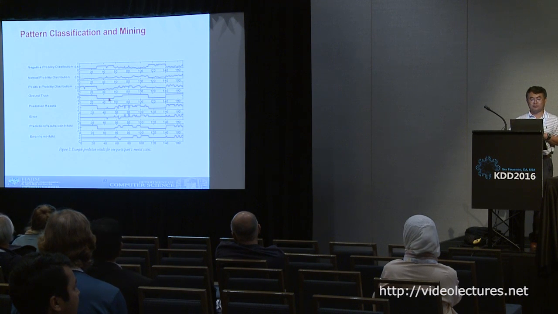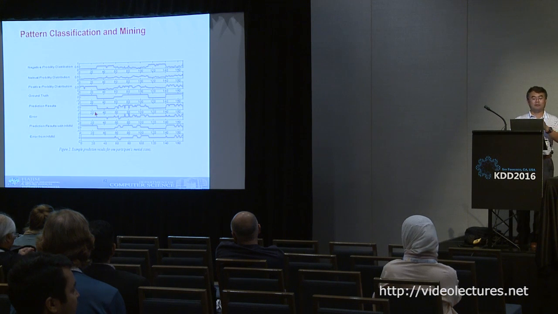So this is ground truth. How do we know ground truth? We actually ask them. We check with them every so often. And then we got all the signals, either from the video or from the social media, and then we can do estimation. So you can see that we kind of do all right.